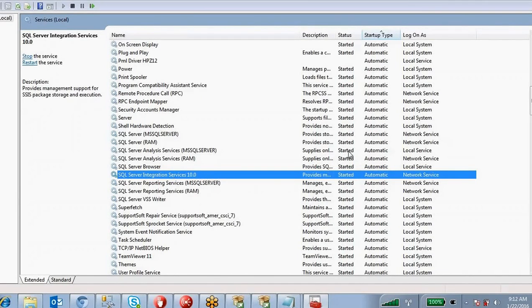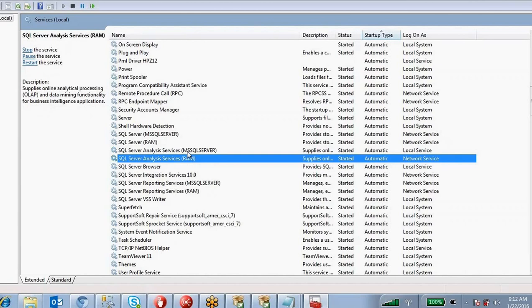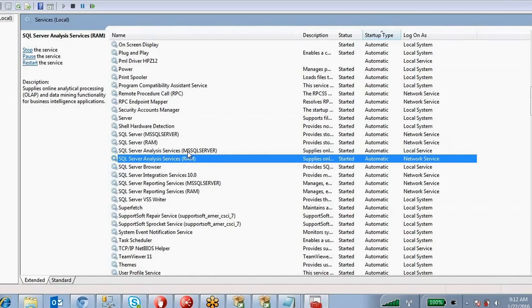Okay, so if you want to start the services, just right click. If you want to stop it, you can stop it. If you want to start, you can start. If you want to restart the service, you can restart. If you are not starting the services, then that will not work. You can't do anything in SQL Server, and you can't log into SQL Server either.